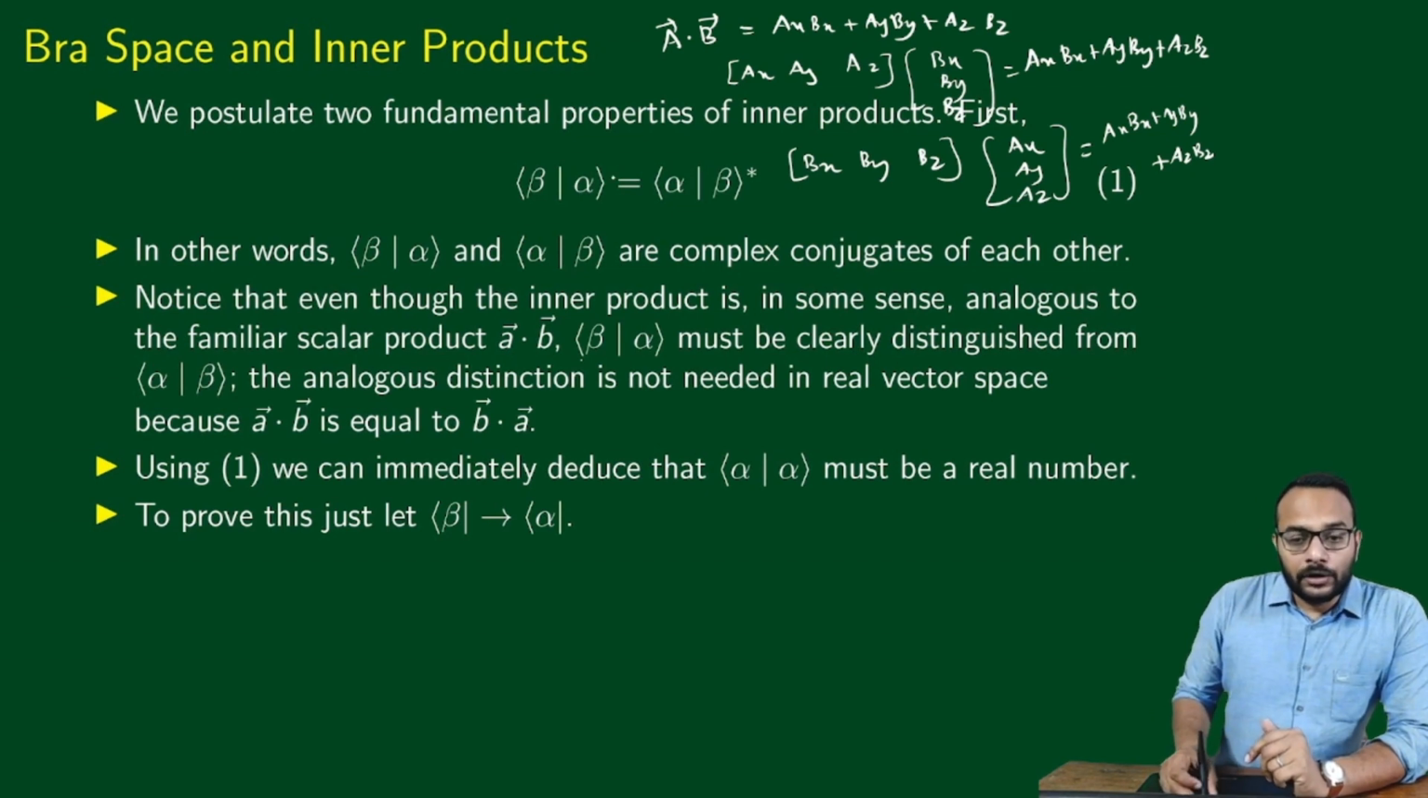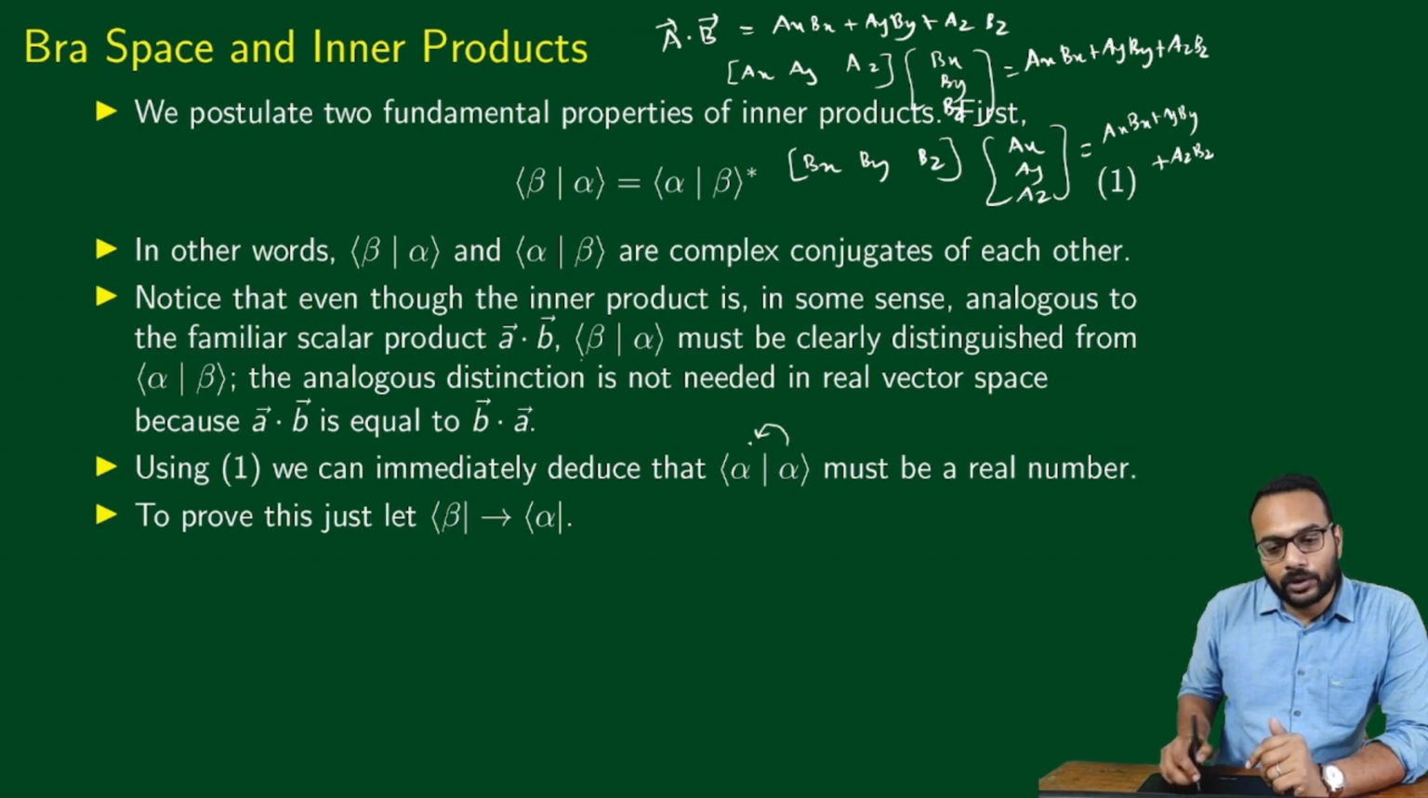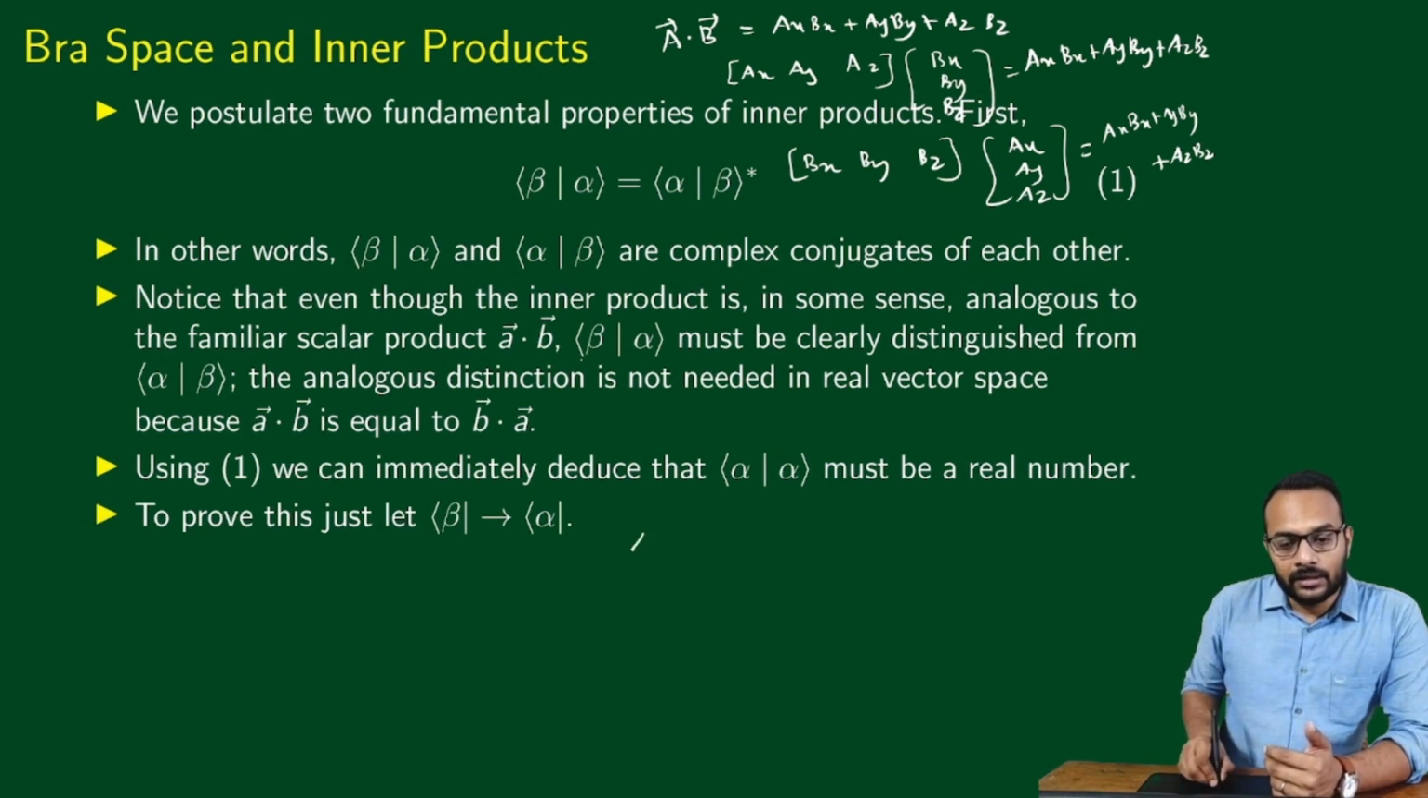Now using this, we can immediately deduce that bracket alpha alpha, you can think of this as the scalar product with itself, or the inner product with itself in some sense, must be a real number. This we can easily check. Bracket alpha alpha has to be equal to bracket alpha alpha star,